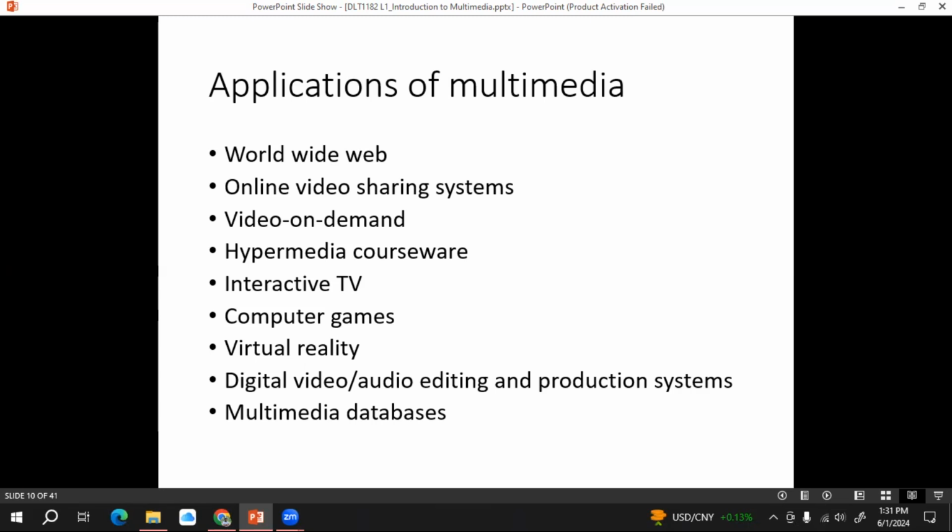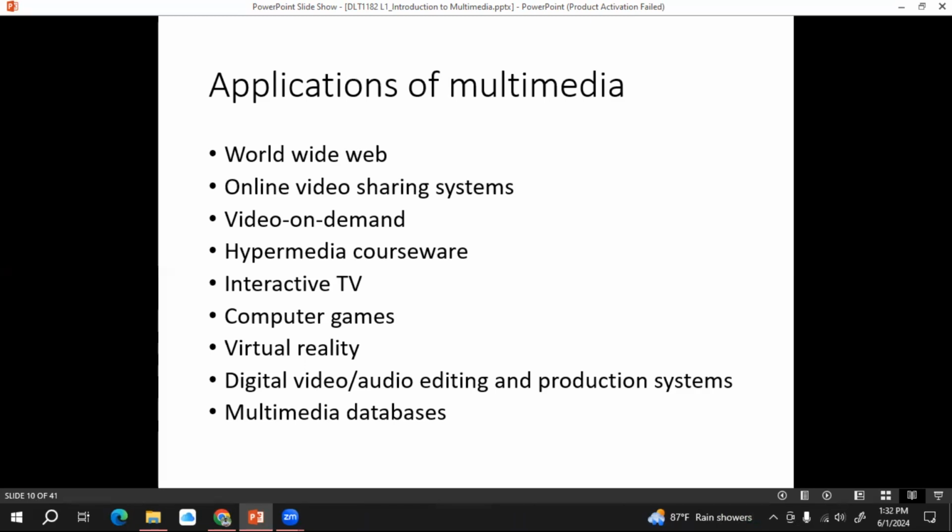Then some applications of multimedia systems. The World Wide Web, let's say simply a website. On a website, we can see some text, we can see some videos, we can hear some audio, we can see some graphics, right?